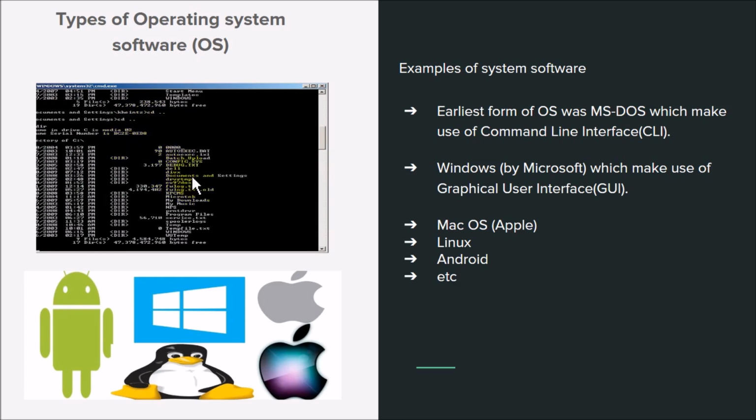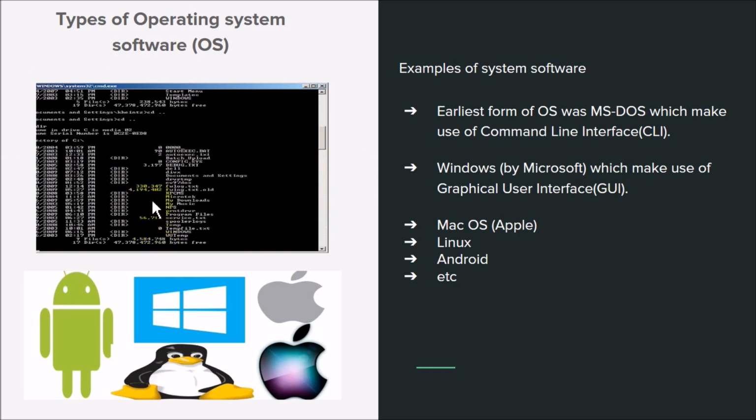Now those days, before you could operate a computer, you needed to remember some command lines and all that. So you use the command prompt to navigate around this environment. And trust me, if this is what we had today, computers wouldn't be as easily accessed and used as they are today. But we have advanced from something very primitive, from a command line interface to what is known as a graphical user interface. So Windows